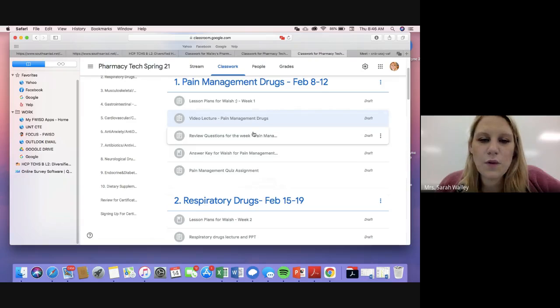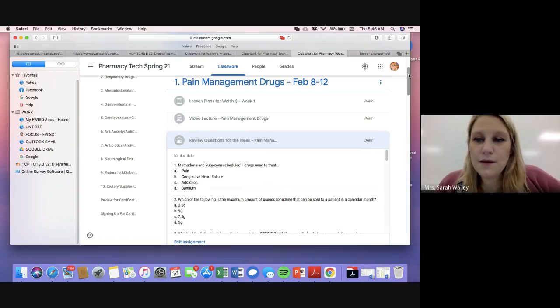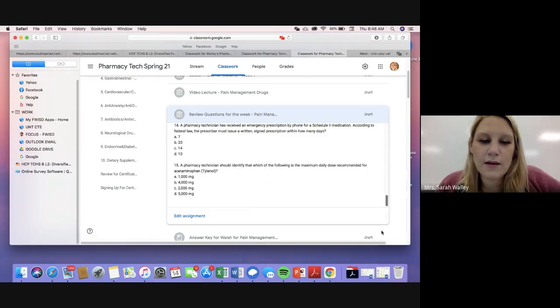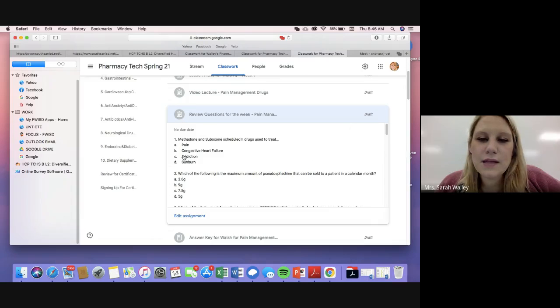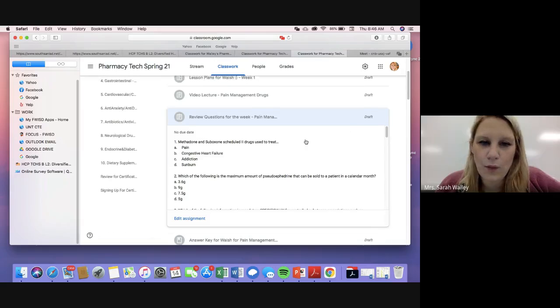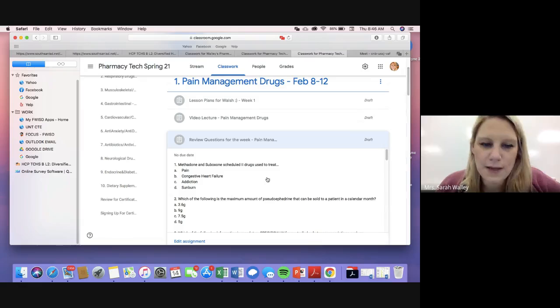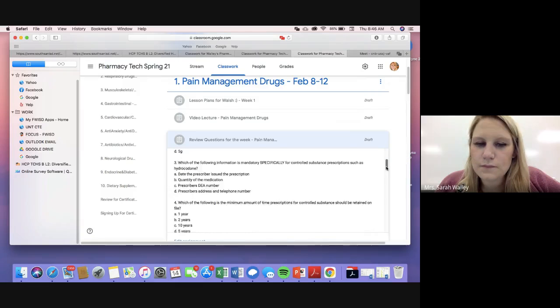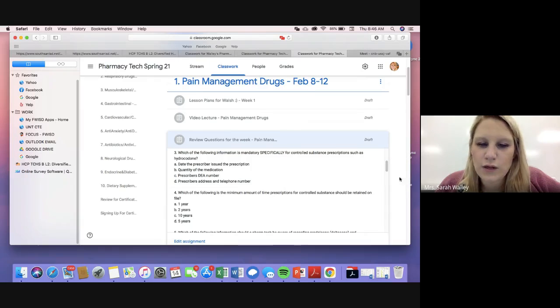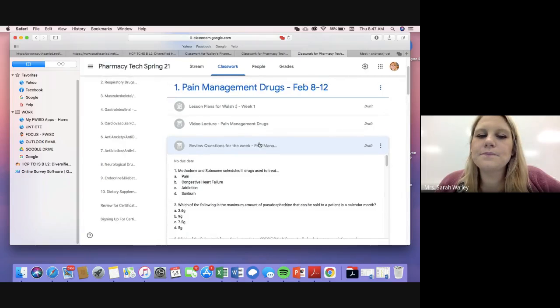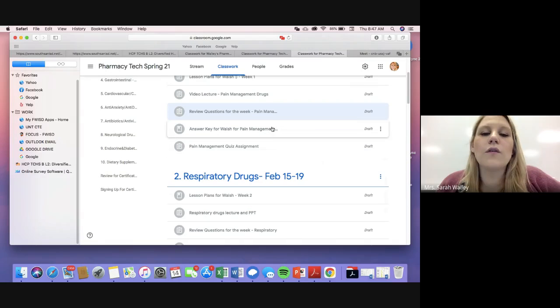Okay, and then you're going to have some review questions every week. Some weeks, like this first week, you're going to have like 15. These come directly off of the practice tests. I just went through and picked some questions that I felt went with that week's drugs. So sometimes they don't look like they fully go with pain management drugs, but some of these are controlled drug questions and stuff like that. And then Miss Walsh will go over them the following week with you. I have the answer key for her here, and she'll go over them with you that next week after